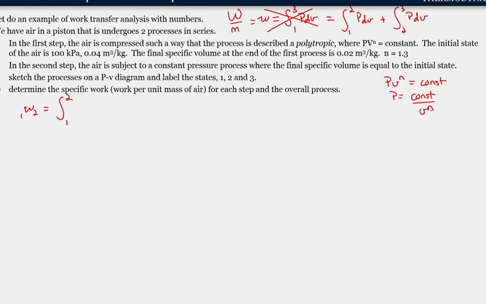We can take this expression and plug it into the work transfer term for the first part of this 2-step process. So we do that here. So we have the constant over volume to the n, and that n is known, times the differential of the specific volume. Okay, so let's go ahead and plug in the value for n, which is 1.3. Go ahead and do that integration, and what we end up with is an expression that looks like